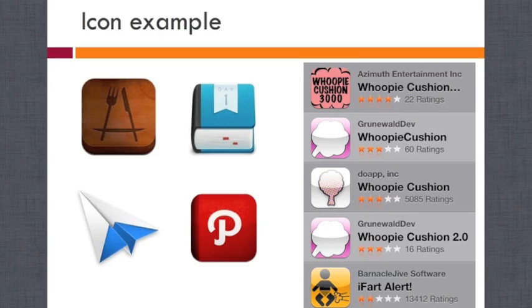And then if you look at the right and revisit our whoopee cushion example, you can see different approaches to this that people have taken. The top one looks like the whoopee cushion that you would buy as a kid or win at a carnival. It looks like the logo that's imprinted on the actual whoopee cushions, which is pretty cool. Then you've got the pretty simple stylized whoopee cushion, though it kind of looks like a speech bubble or a thought bubble. And then the third one, Dewap Inc., has got